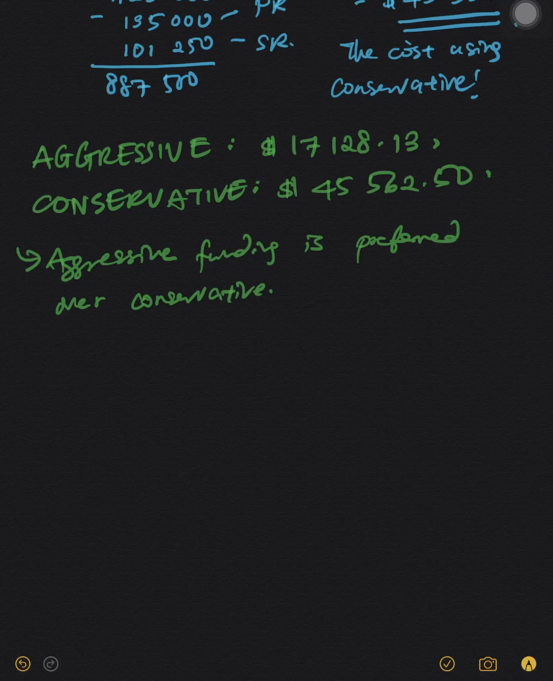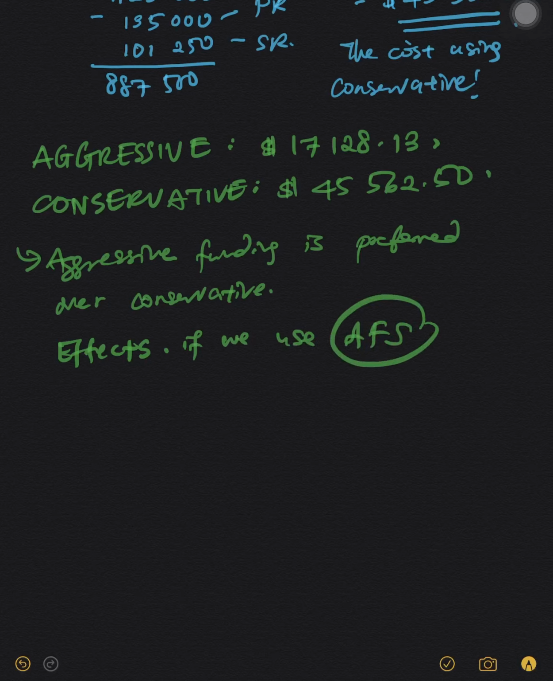But what will be the effects if we use the aggressive funding strategy? First, interest volatility. Volatility means imbalance. It can suddenly happen that in the future the interest rate rises, so we have to pay more. That is the problem. The second one would be